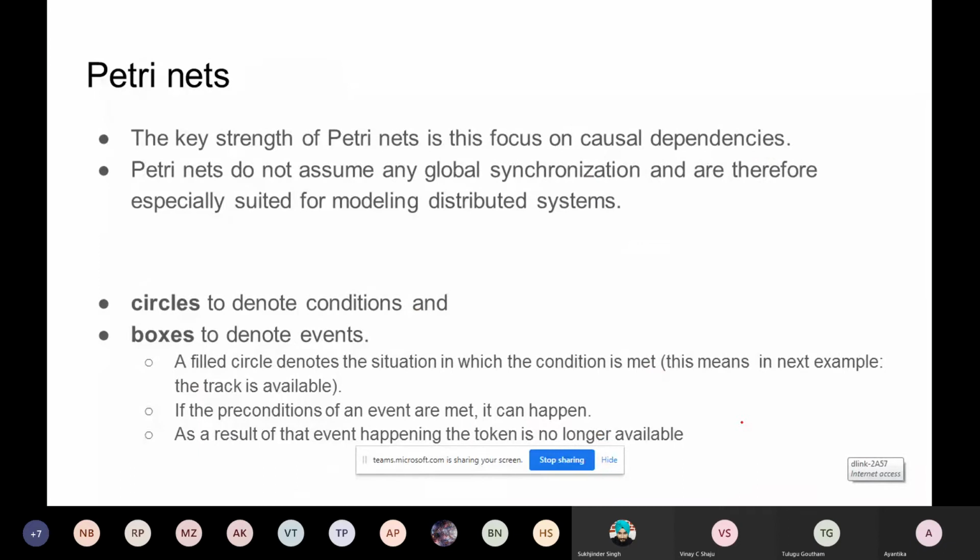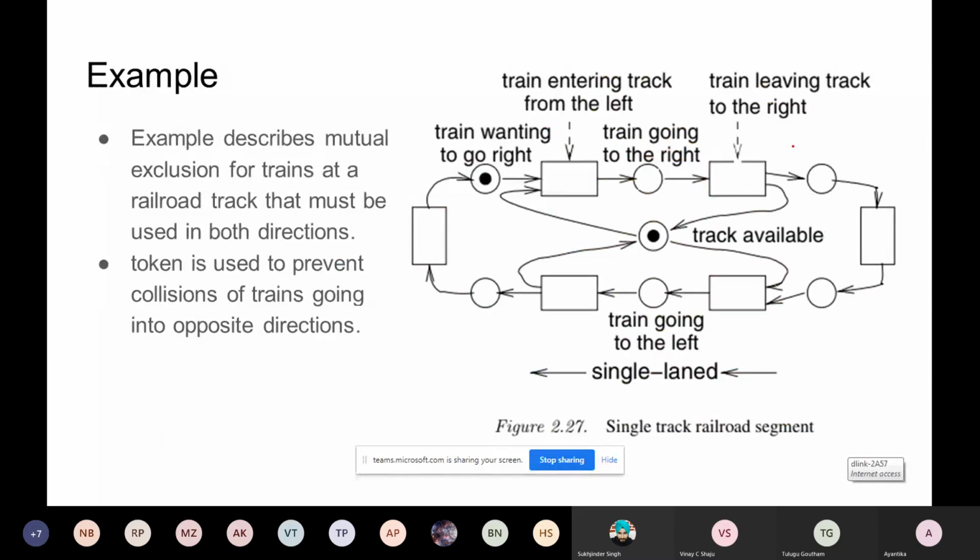But here, next, we'll start discussing another typical modeling strategy, that is called Petri-net. Petri-net is very useful for this type of causal dependencies. So first let's take an example of how a Petri-net looks. Then we will come back to how we formally define different parts of it. Okay, so a Petri-net basically consists of places, transitions and some events.